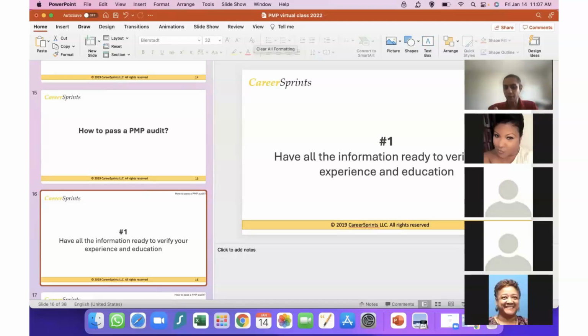They only need copies of this. They don't need the originals. So you need to provide a degree certificate, and you need to basically provide